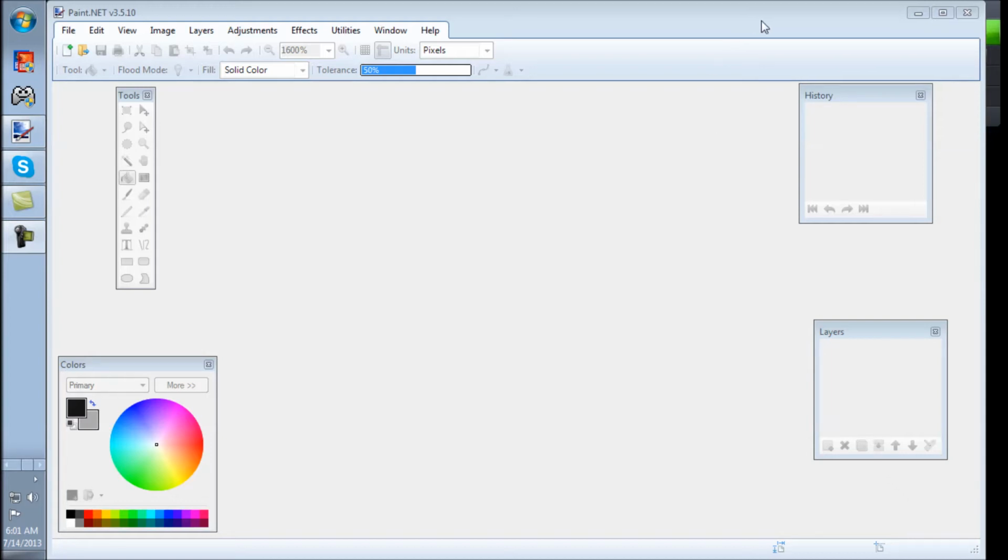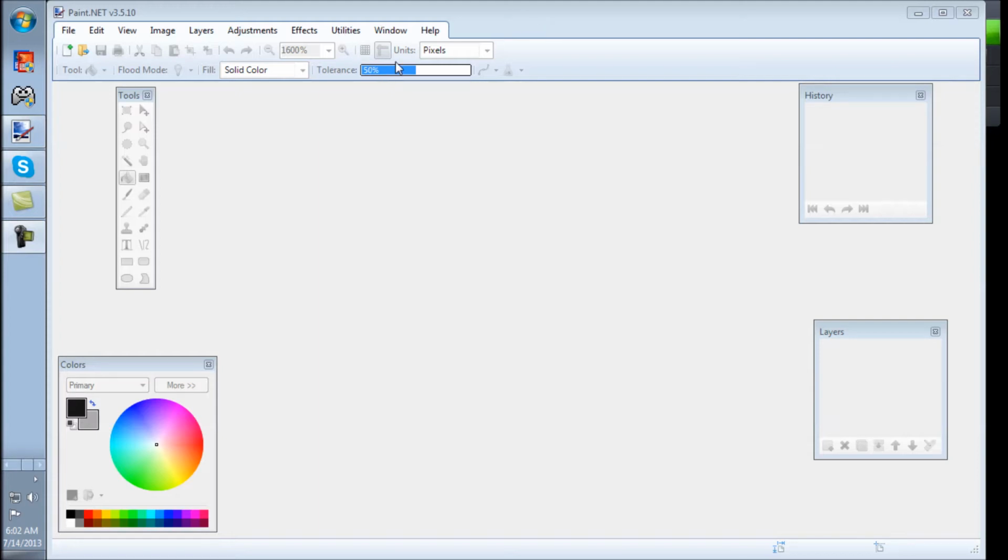Now, the first thing that I'm going to talk about is some of the basic core rules of pixel art, basically on how to set something up. The first thing you want to do is download Paint.net. That is what I recommend. You can use Microsoft Paint or something like that, but I highly don't advise it, because Microsoft Paint is so limited. Paint.net gives you so many more options,